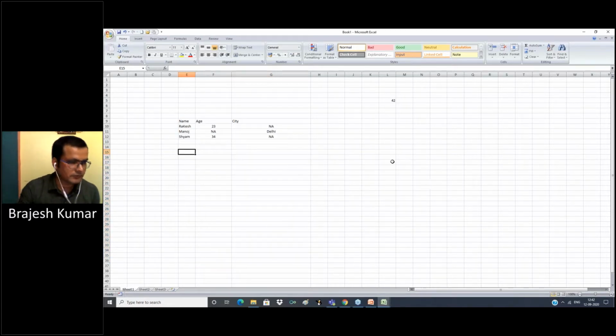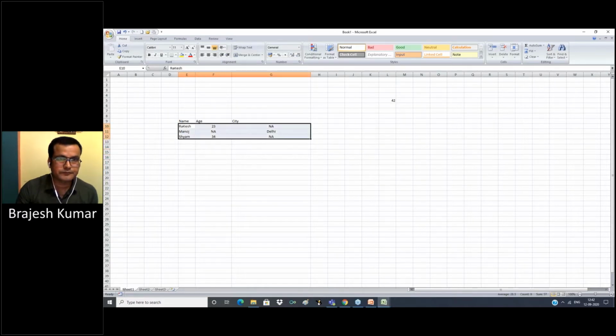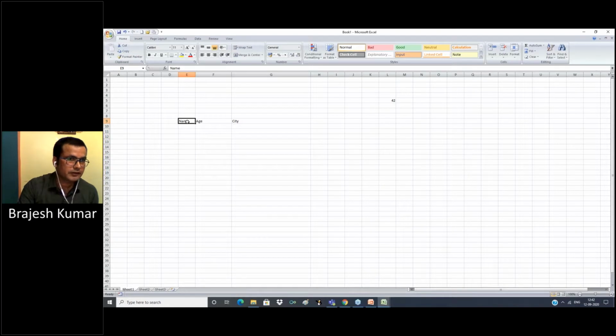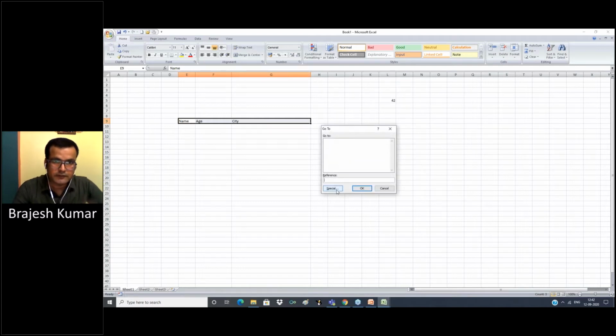For that, we are in column E, row 9. Now we want to go to column G, row 35. Press Control G, go to G35 where we want.